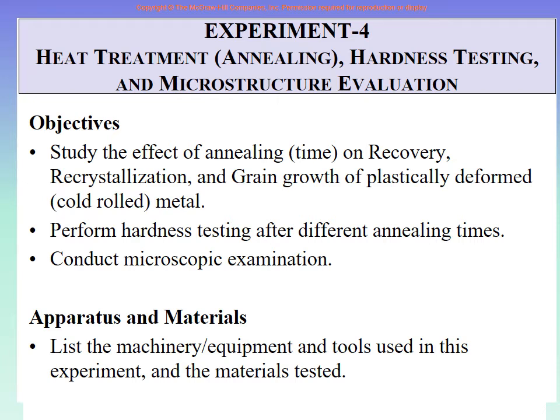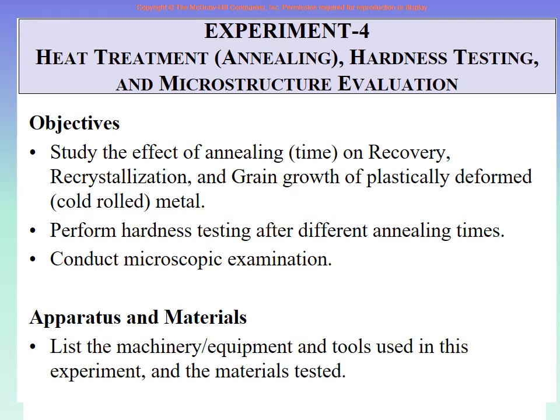So what you will do, you will go to the video and you will see the brass sample that you took. At the end of the cold working, you see, you did one cold work, then another cold work, then another cold work, then another cold work. So maybe 10%, 20%, 30%. So at the end you have a sample which has an extremely high cold work at the end.